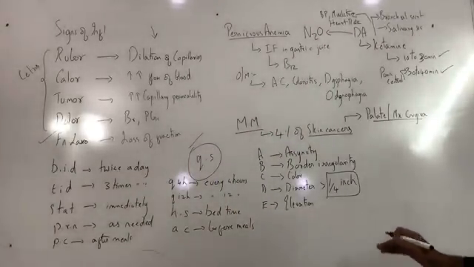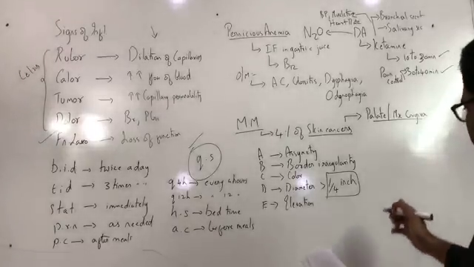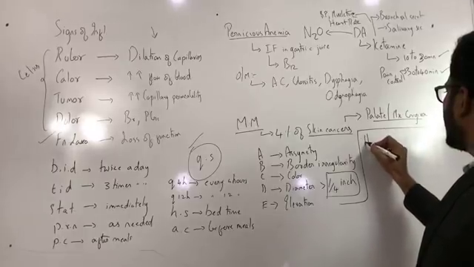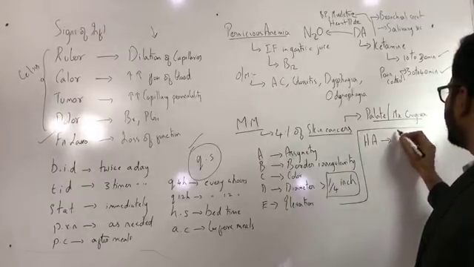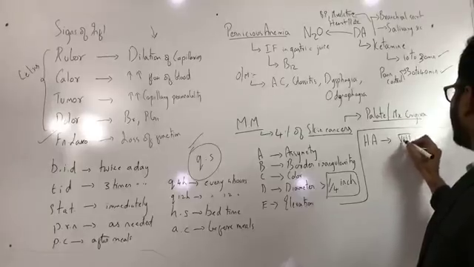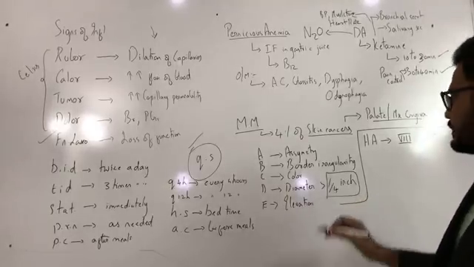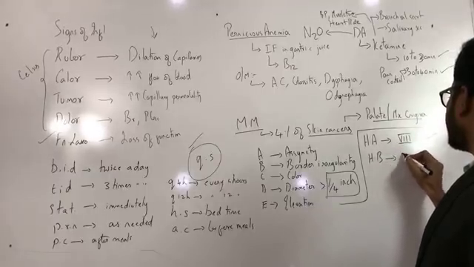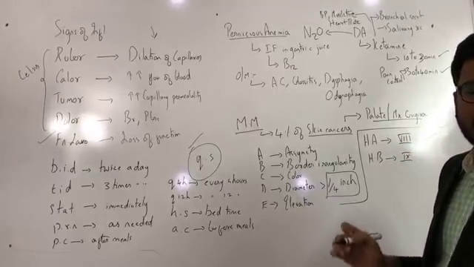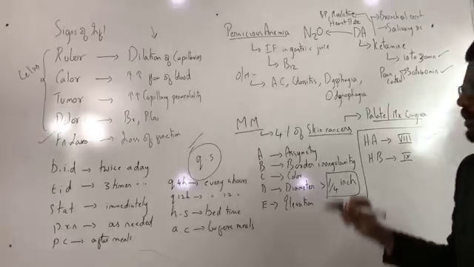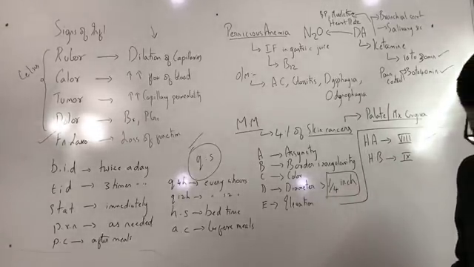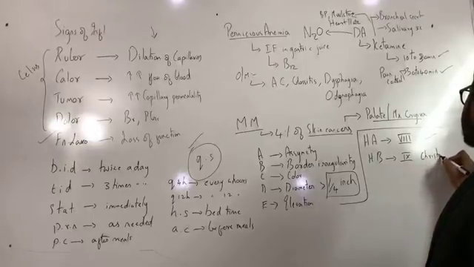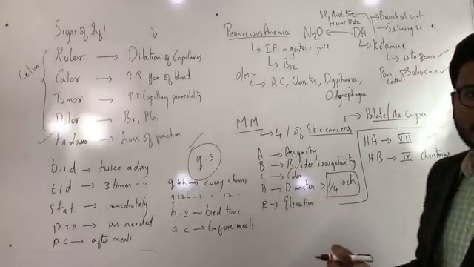I can just make a note here. Hemophilia A, due to deficiency of factor 8, and this is most commonly seen. Hemophilia B, deficiency of plasma thromboplastin component, or Christmas disease, isn't it? So hemophilia B is also called as Christmas disease due to deficiency of plasma